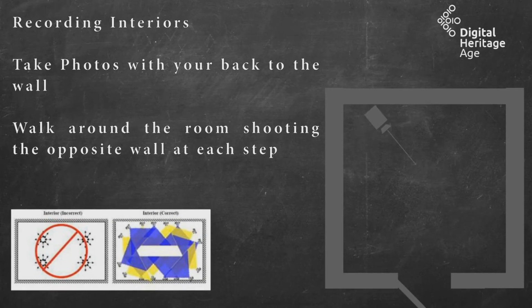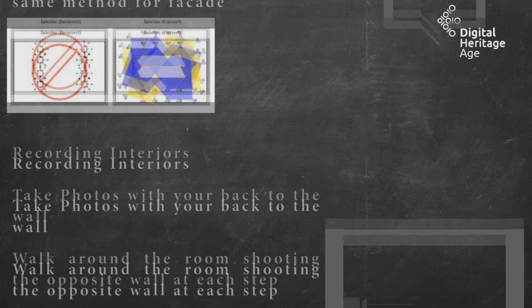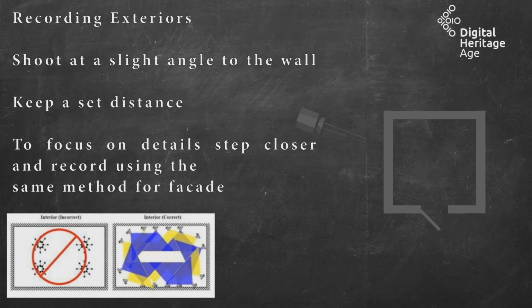And you're creating this overlapped facade by moving your body and the camera along. If you want to record interiors, the best way that we found to do it is to walk with your back against a wall, shooting across the room to the other side, so that you're constantly with your back to a wall and you're shooting in the opposite direction. And this helps then to stitch all of those images back together, again with overlap.